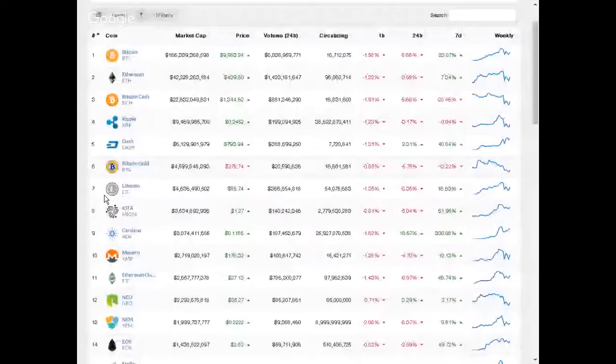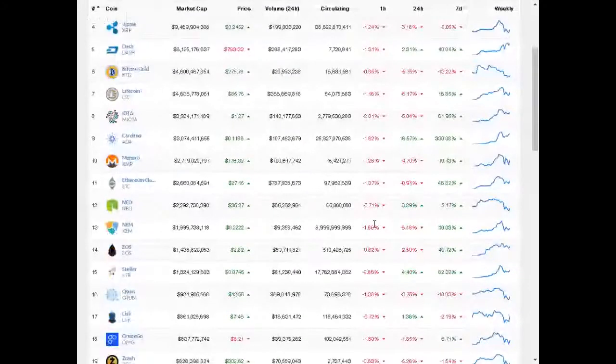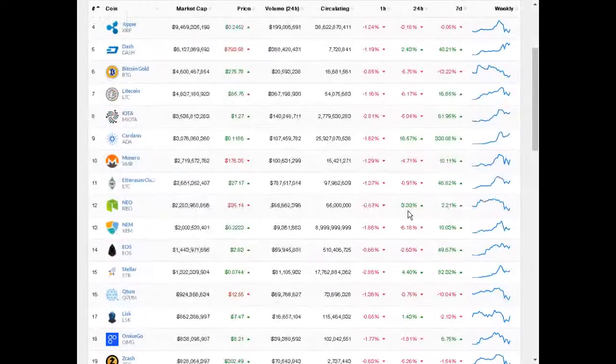Let's see here. What other coin is pumping right now? That's Neo. In a 24-hour period, while the price of Bitcoin's going down, Neo is up, and Neo is also up for the week. I'll take a look at Neo real quick because this is catching my eye. When you see it up on a 24-hour and the 7-day, it could be a trend. Let's take a look at it real quick.